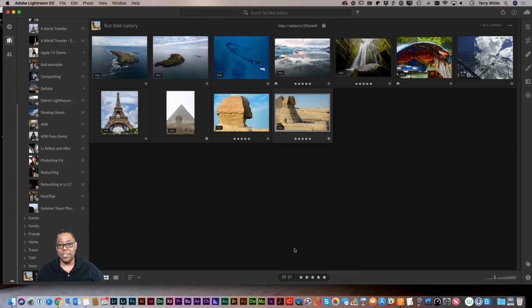So it's basically setting any album you want as a target, and then adding photos to that album from wherever they are just by hitting the letter T. Now, of course, albums work just like collections for those of you who are Classic users. So that means that